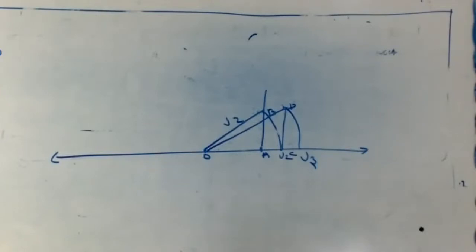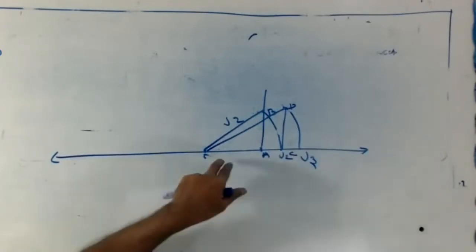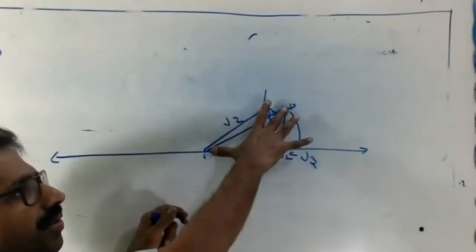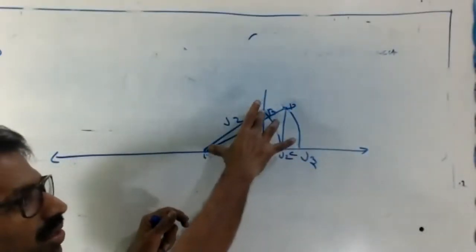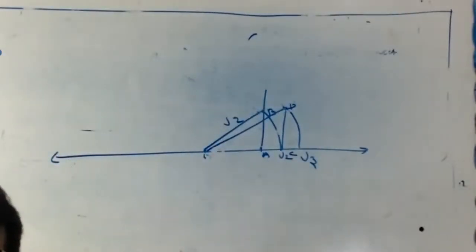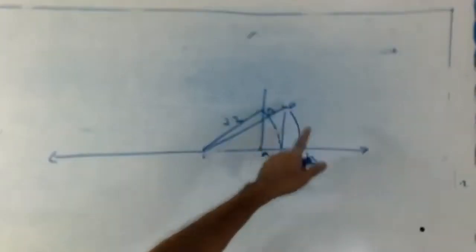OD has now come, the same radius, not as before. From O to D, you keep the compass here like this. This is the one, OD, not the same radius. This is root 2 and root 3, different radius. Root 2 and root 3 have different radius. This is from O to D. That's why I'm writing now.